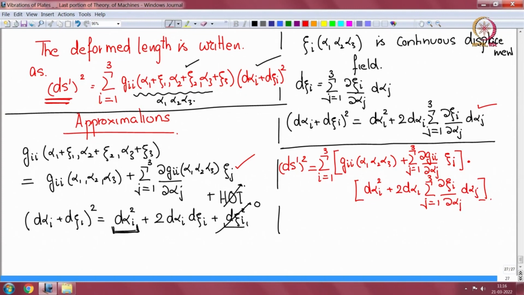Okay. Now, because these things are getting lengthy, I will use a shorter notation for this. I will write it as GII. It will be obvious that it is a function of alpha 1, 2 and 3. So if I shorten that, what do I get? I get, and do the multiplication, ds dash whole squared is equal to summation I 1 to 3